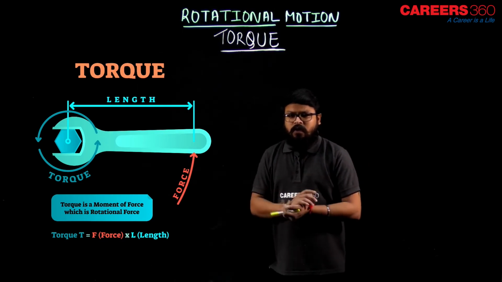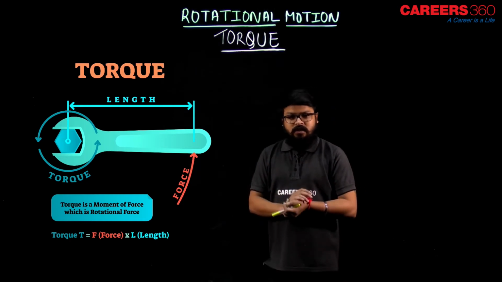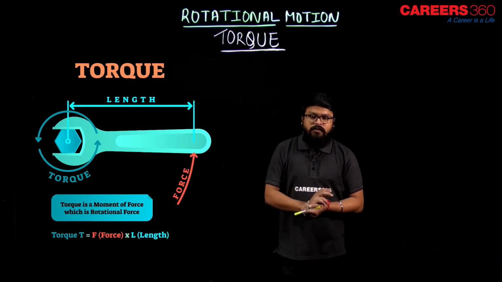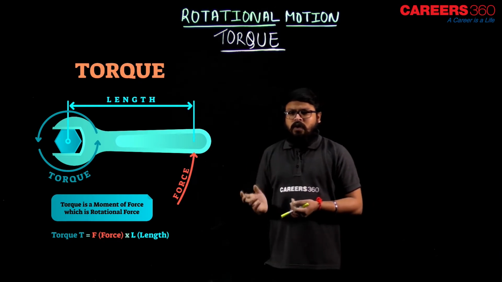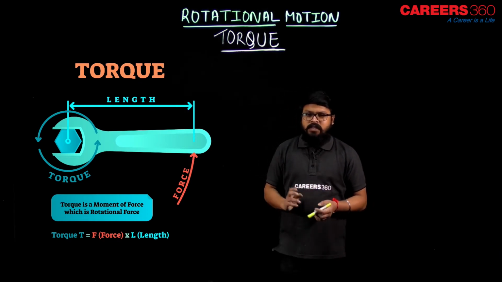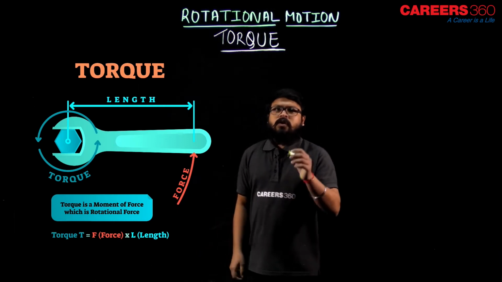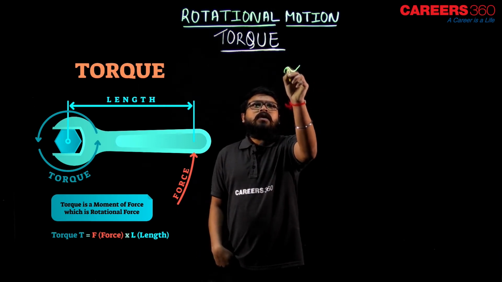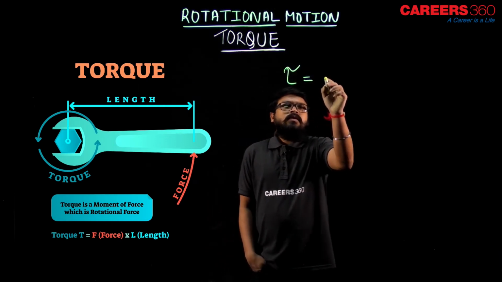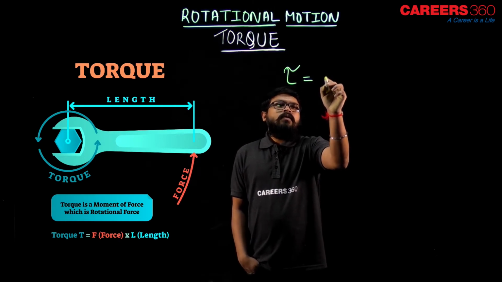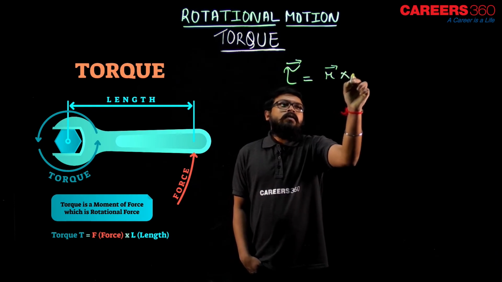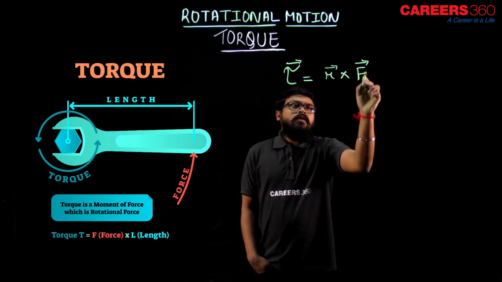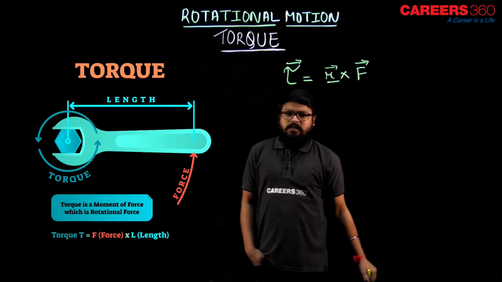So what is torque? Torque is a moment of force, which is rotational force. Why do we call it rotational force? Because it provides rotational motion. So torque, which we express as tau, equals the product of the perpendicular distance,